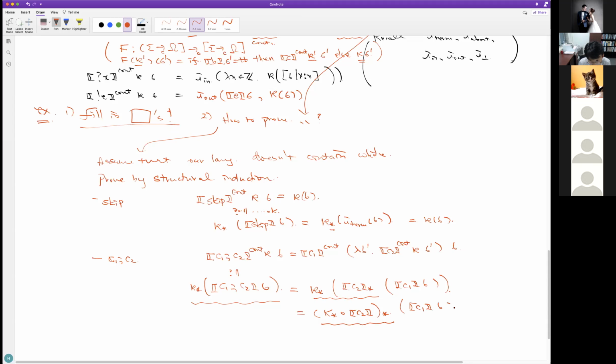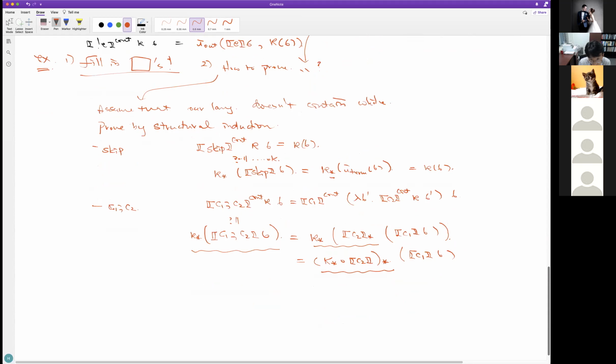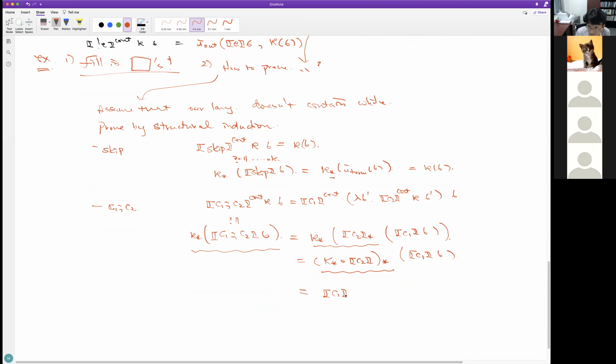Now, at this point, by using the induction hypothesis, this one is the same as C1 continuation semantics, kappa star, C2, and initial state sigma.